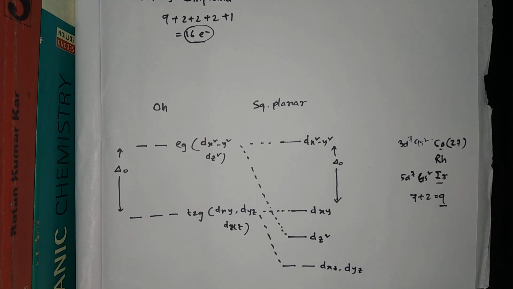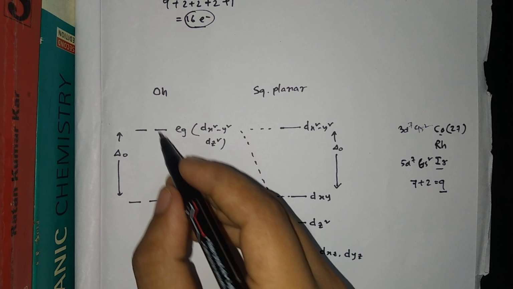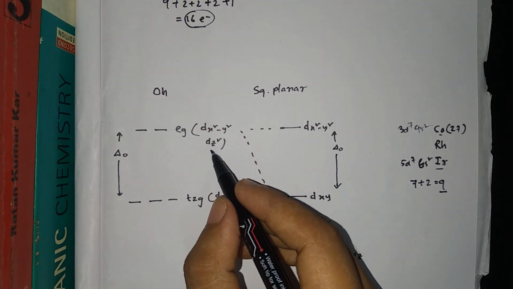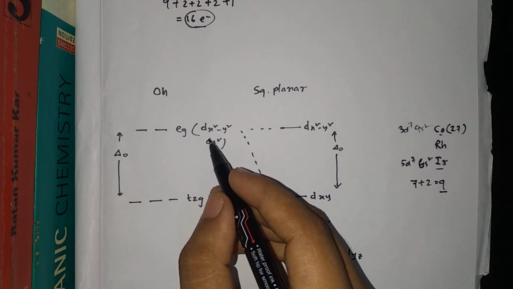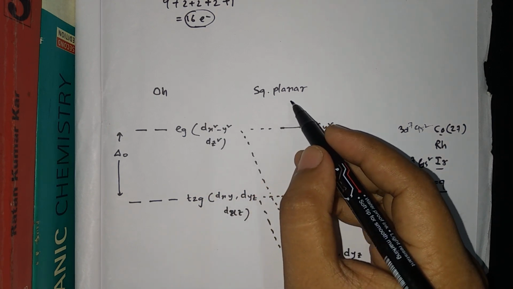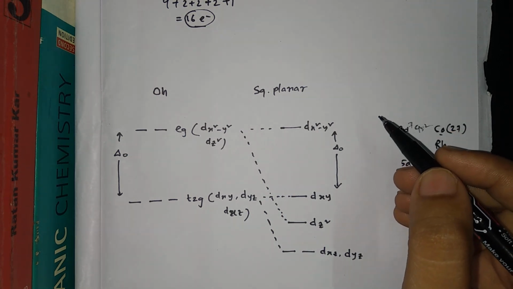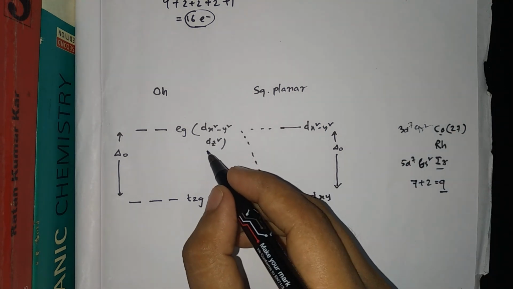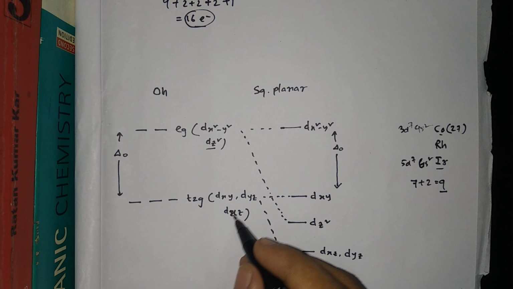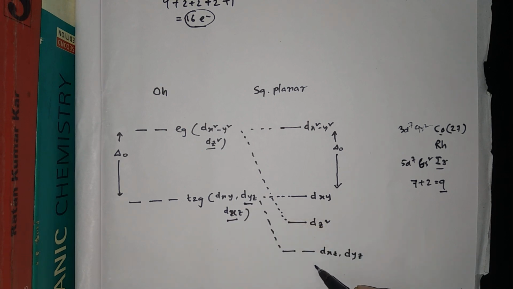I discussed this in yesterday's video. You can see for an octahedral complex what will happen. We know for the octahedral complex, the between-the-axis orbitals go down, and the along-the-axis orbitals go up in energy. What will happen in the square planar case? The z ligands will vanish, and hence the z-containing orbitals will come to lower energy. Among these two, the dz2 will come to the lower energy, and among these three, the z component is there in dyz and dxz, so these two will come to lower energy. So this is the electronic structure of the square planar complex.